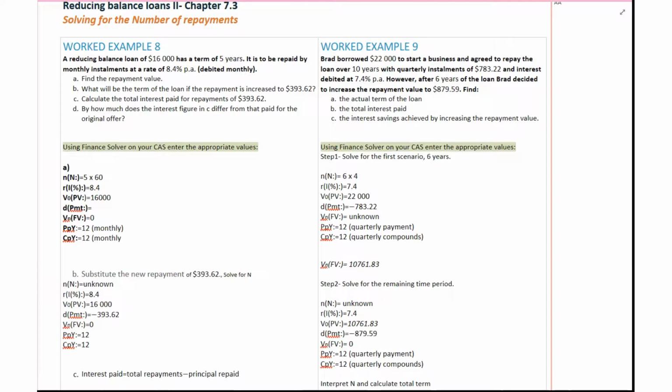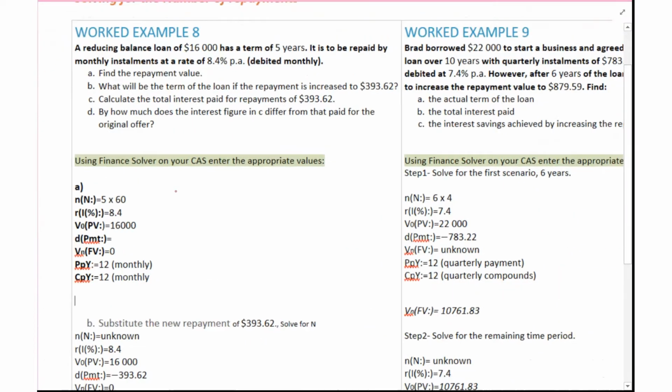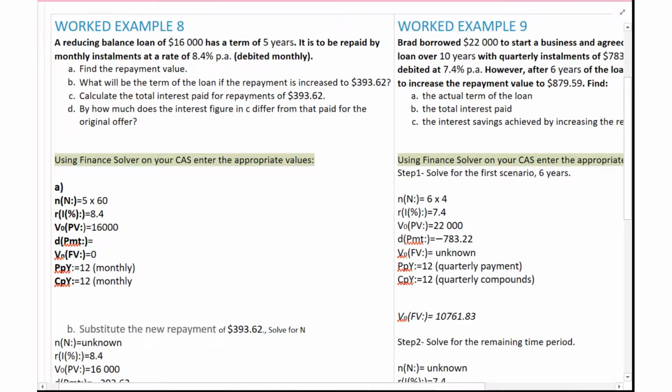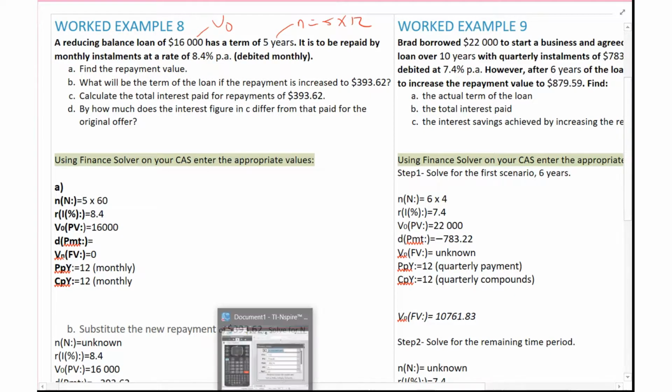Okay, so now we're going into some questions where we're still solving for a number of repayments, but we're looking at the impact of changing that repayment. The first part of this question is a reducing balance loan of 16 grand has a term of 5 years, so that's our V0. It is to be repaid by monthly installments. So again, our N is going to be 5 times 12 at a rate of 8.5. So the first part is to find the